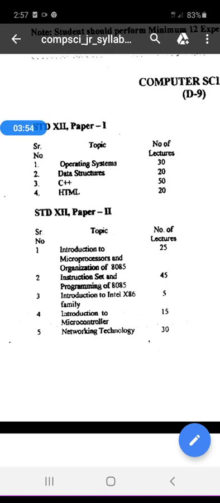The third topic is introduction to the Intel 86 family, which is the advanced family of 8085. So we learn features of 8086, 80286, 80386, and the well-known Pentium processor. Also we compare them and learn the flag register and internal structure.